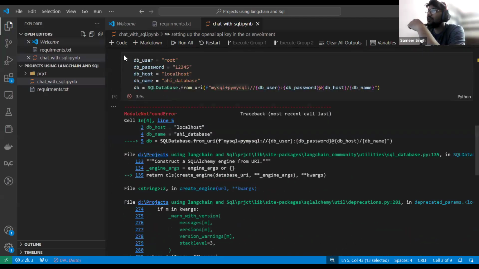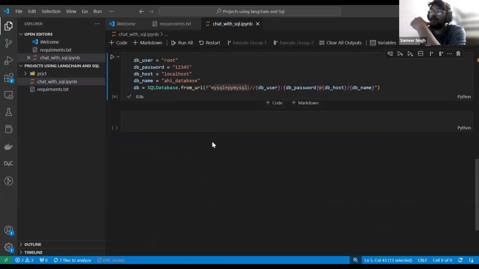Now I have installed it. Let's execute it once again. Now, once I have installed that particular library, this issue has gone, right? Now we are connected with the database. Guys, any problem still here? Is it clear? I will ask again and again after every step, to make sure that you are getting the things exactly, right?